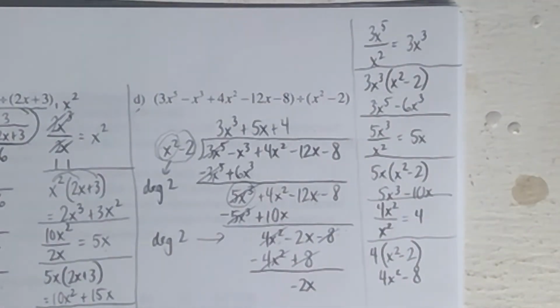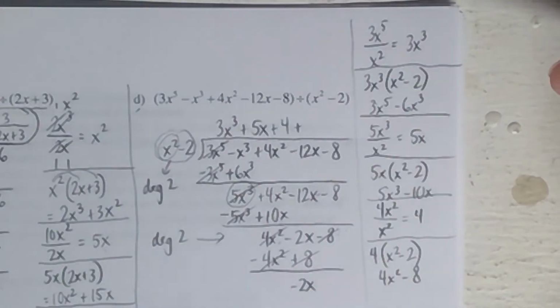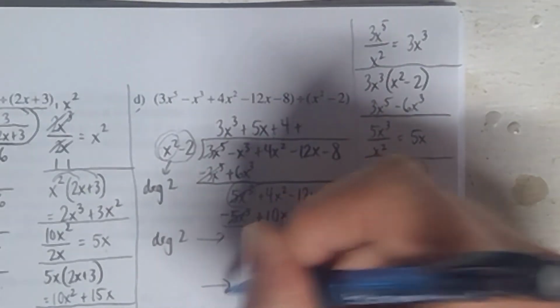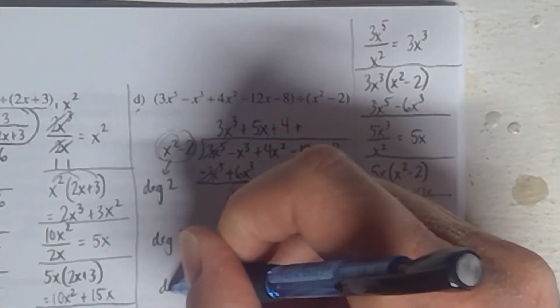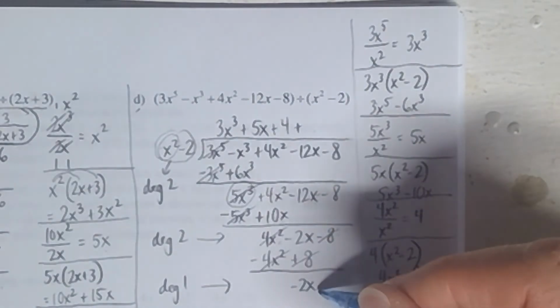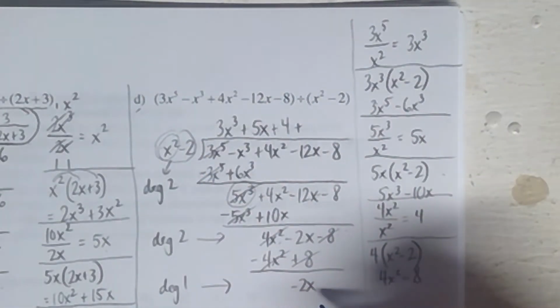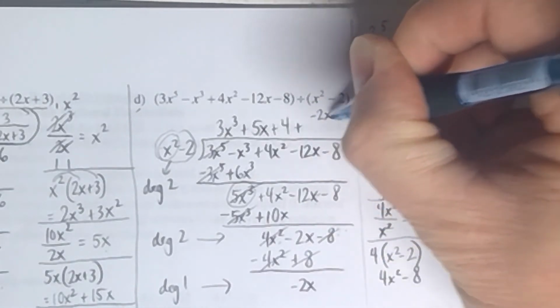Okay, now, what does that mean for the answer? And by the way, why am I done? Why do I not have to go another cycle of dividing, multiplying, and subtracting? It's because this is degree 1, because it's just x to the first, and this is degree 2. So when the degree is less down here in the remainder, you know that you're done. So I take the remainder, I put it on top,